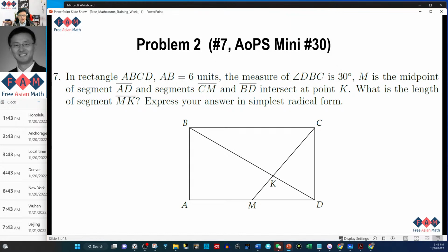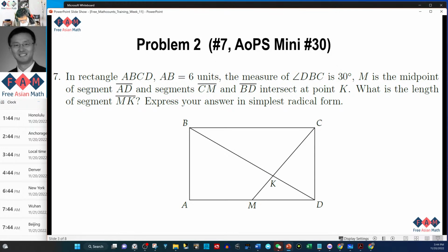Well, if you don't know, you can still reason it out. Just like in the previous problem, the reasoning goes like below. What is the length of segment MK? MK has to be somehow connected with the rest of the problem. And what is the first thing you think about for MK? Well, MK is part of a triangle, right? And that triangle is MKD. Now you see a triangle MKD there, and we need to figure out MK,